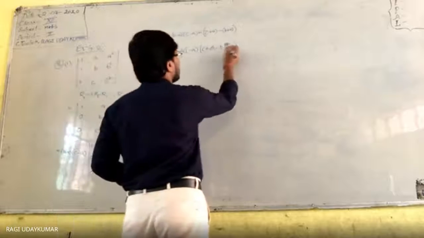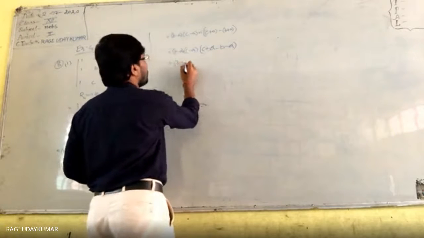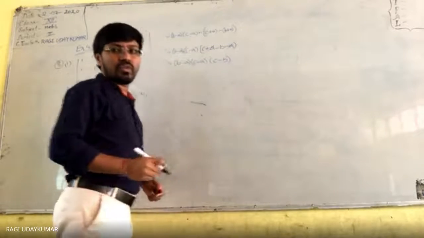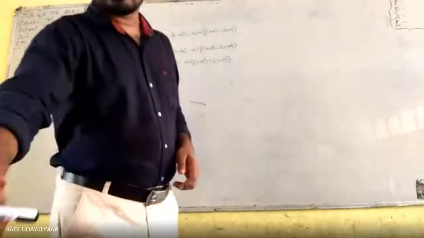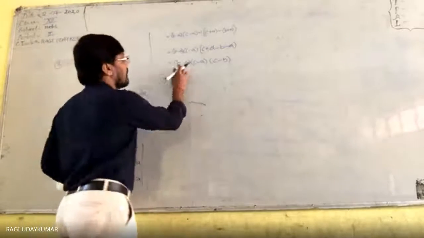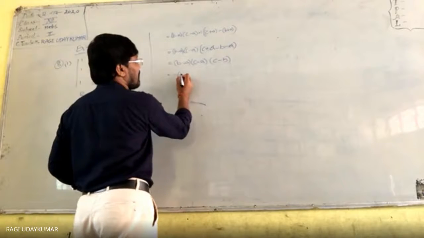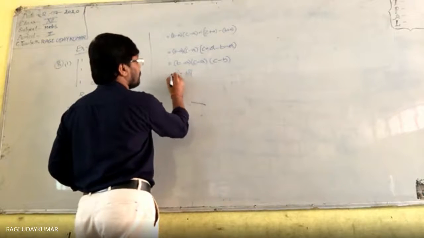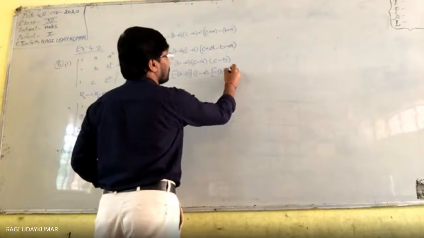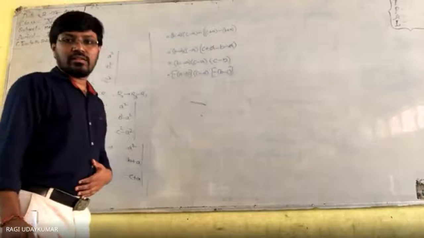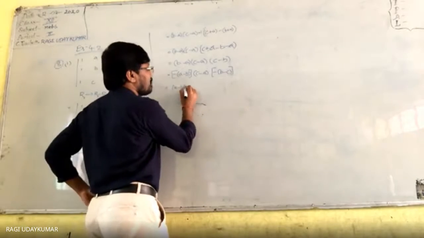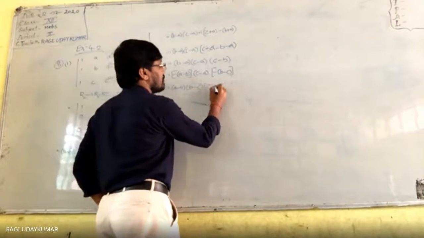So now, plus A and minus A will get cancelled. So B minus A into C minus A into C minus B. But actually the result is given to you to prove: A minus B into B minus C into C minus A. So here you take the minus common. If you take the minus common, this becomes minus (A minus B). This is C minus A as it is. And here also you take the minus common, then you will get B minus A. Then this minus into minus will become plus, A minus B into B minus C into C minus A.